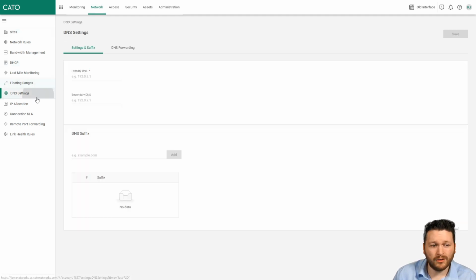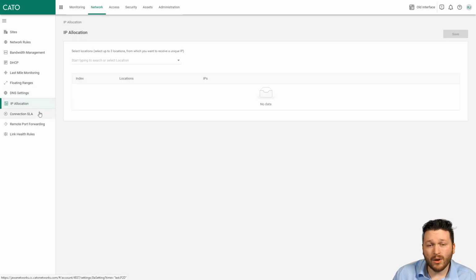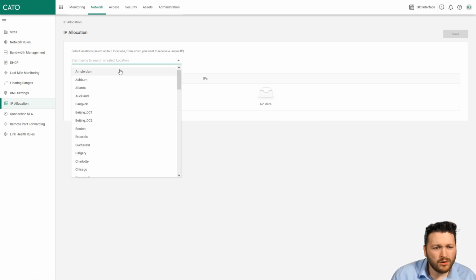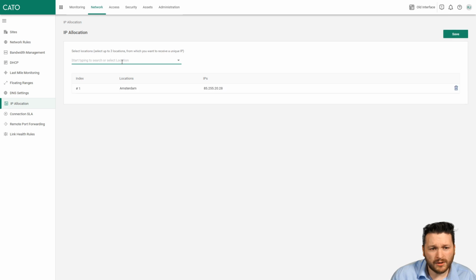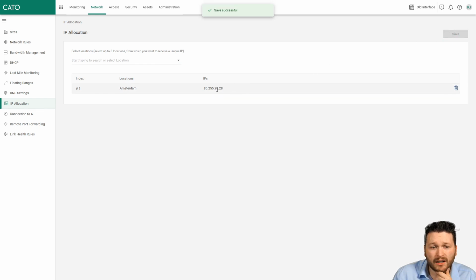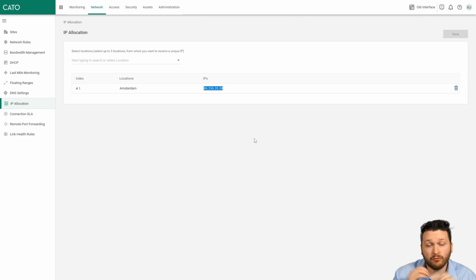You can start looking at floating ranges, DNS settings, your IP allocation. Well, actually, IP allocation is an interesting one. If you wanted to have a static IP address used from Cato, you can do that. For example, if I choose Amsterdam, quite easily, quite simply, I have chosen Amsterdam. I've now clicked save, and now this IP address will always be served to me if I route traffic through